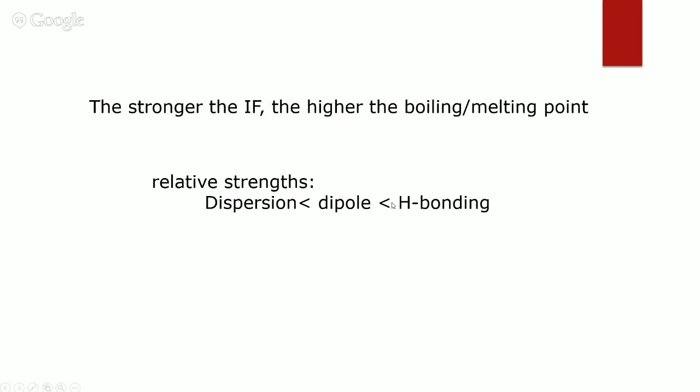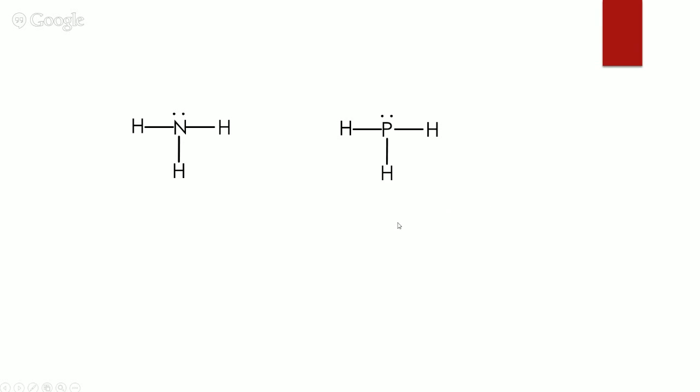Right. So for example, I already said that. You compare ammonia with phosphine. They both have very similar, pretty much identical shapes. But ammonia's main intermolecular force is hydrogen bonding, because we define hydrogen bonding as a hydrogen bonded to a nitrogen, oxygen, or fluorine. And there's a nitrogen. Phosphine is polar, but it doesn't. Phosphorus isn't one of our 3 hydrogen bonding atoms, so it's just regular old dipole-dipole forces.